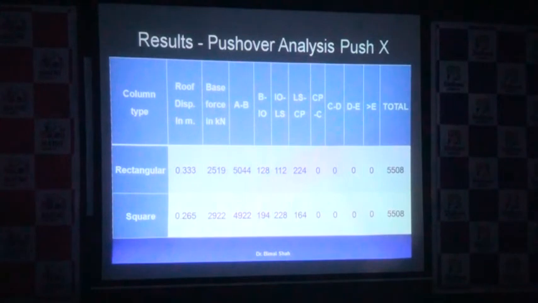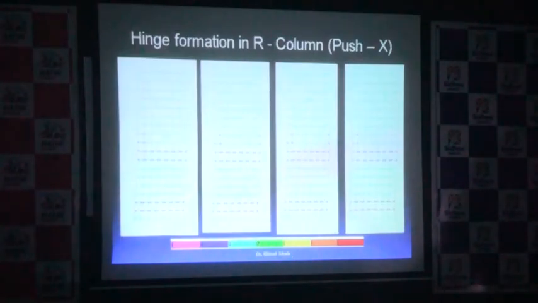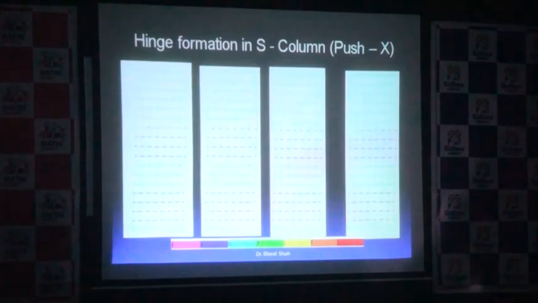So if we see this result, the deformed shape under push X, for the rectangular column and square column, looks something like this. Further, the frame-wise hinge formations at the performance point are shown in this figure for various frames in 2D. These are 2D frames which we have